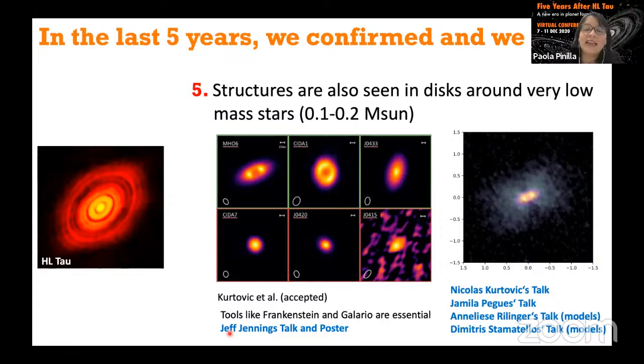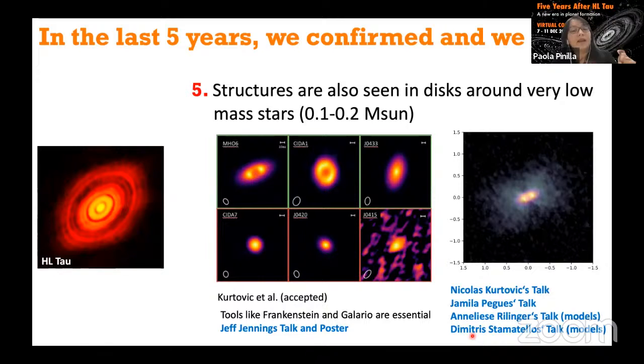We found in these particular disks that the gas extension, because we have 12CO and 13CO, is much more extended than the dust. And I think we found the largest difference observed so far, a factor of 6 in the case of C-7. And Nicholas has a talk here, and there are also a couple of talks about observations of this kind of disks. I want to promote also these 2 talks about models, and in particular, the talk by